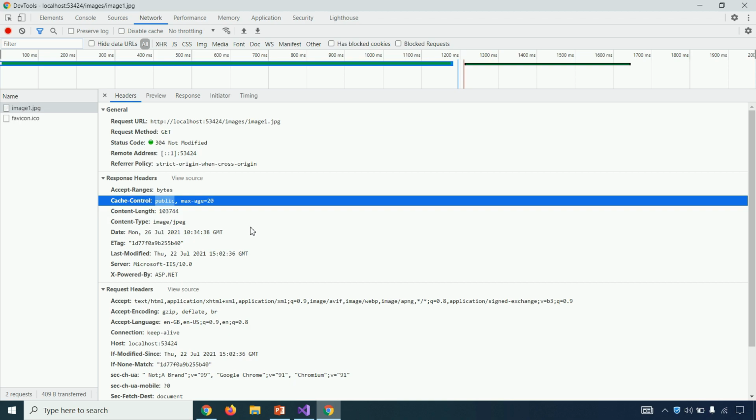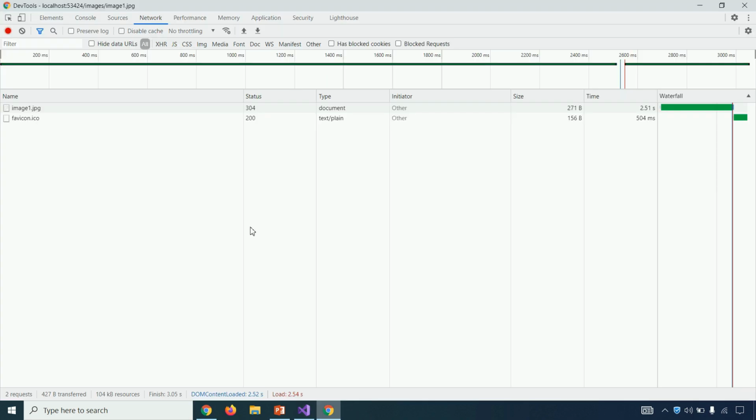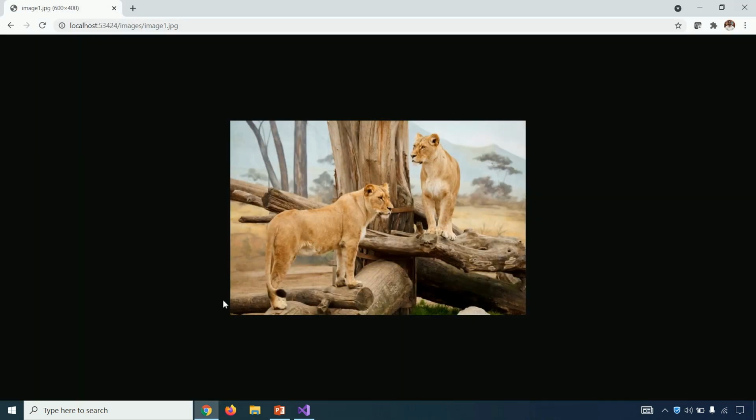So if I press F5 only, you will see the request is still going to our middleware. It means Chrome doesn't wait for 20 seconds even after sending the Cache-Control header. Different browsers behave differently for the Cache-Control header as per their policies. Some forums say that instead of F5, if we navigate within our application or copy and paste the URL directly, then Chrome adheres to the Cache-Control properties. But I tried it and it is not working.